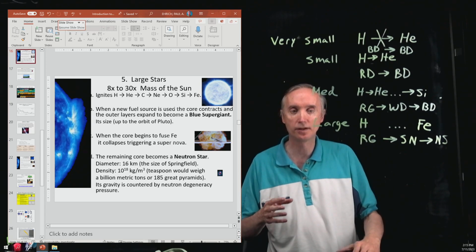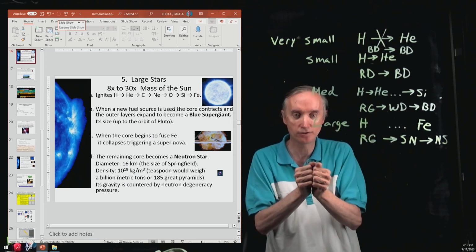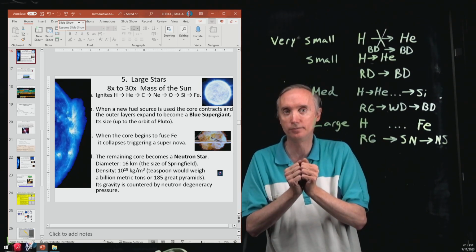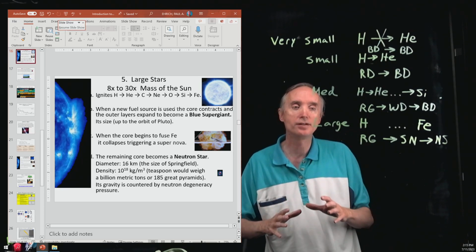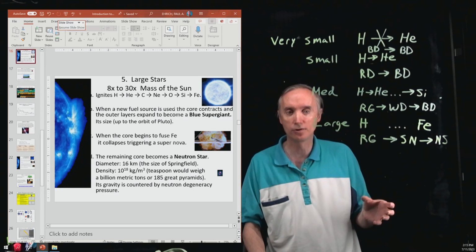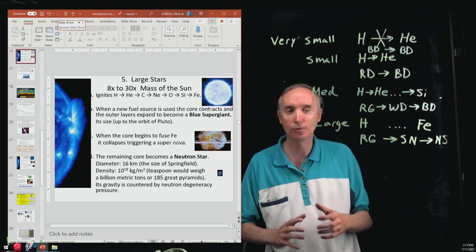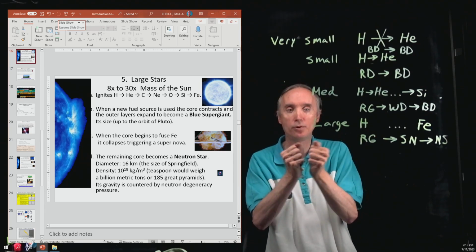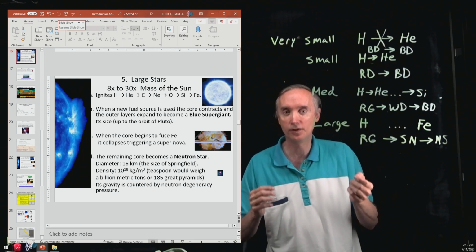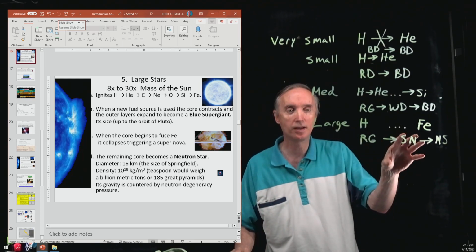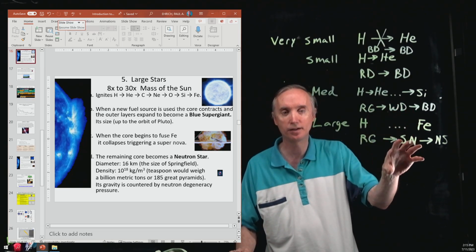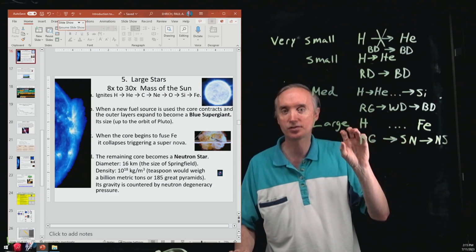So an element that is smaller than iron, when you smash it together, it releases energy. We normally say that elements larger than iron release energy when they're pulled apart. So that's nuclear fission. But this titanic explosion is going to release so much